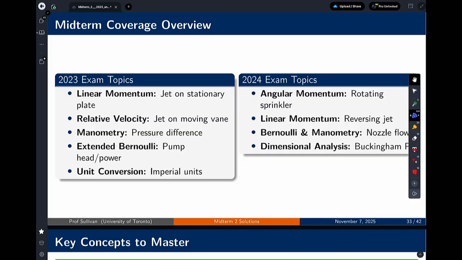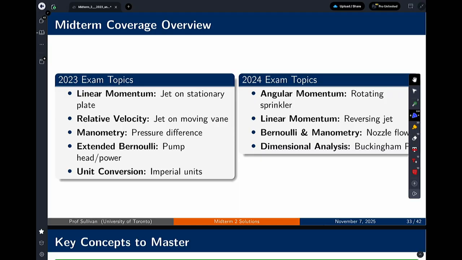This list is not meant to be comprehensive, but it gives you an idea of where everything is coming from in previous exams. So: linear momentum, relative velocity, manometry, extended Bernoulli, unit conversion. Unit conversions always, you really should be able to do unit